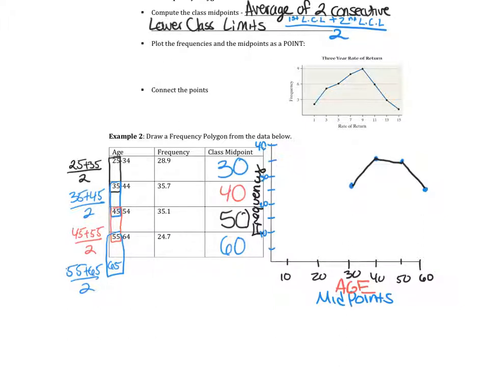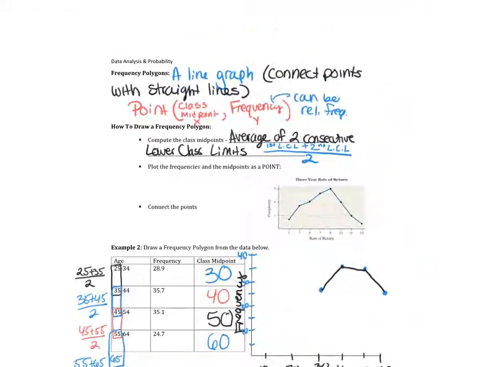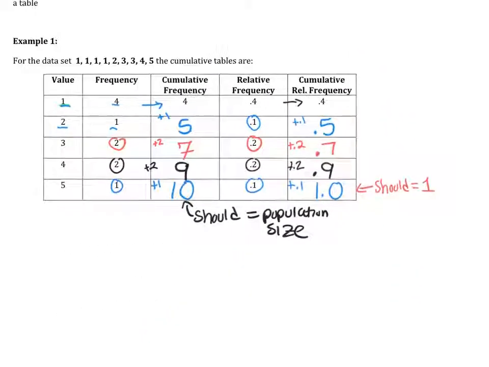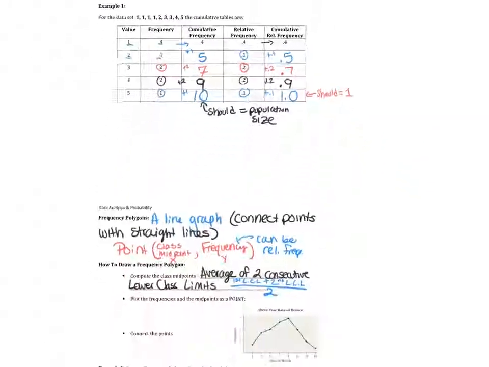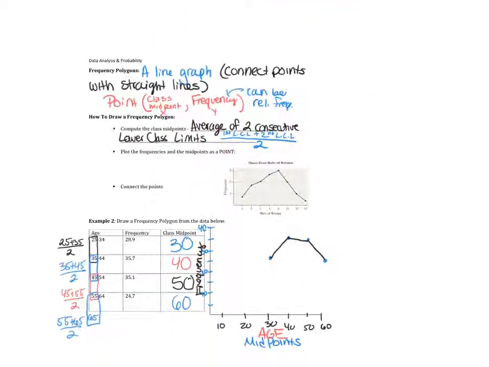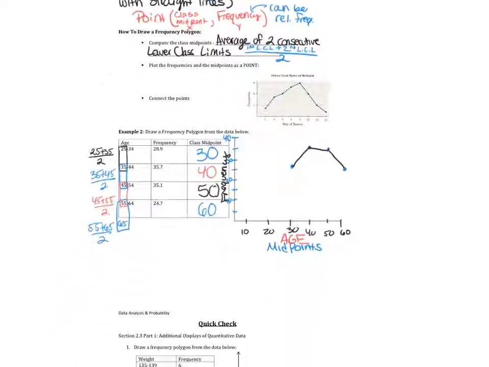All right, so that's frequency polygon. You just got to find the midpoints, and then your frequency. Cumulative frequency is just a running total, so you just keep adding as you go down. Any questions on either of those? All right, then the self